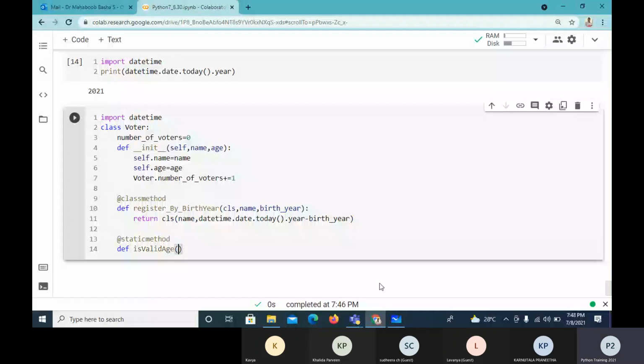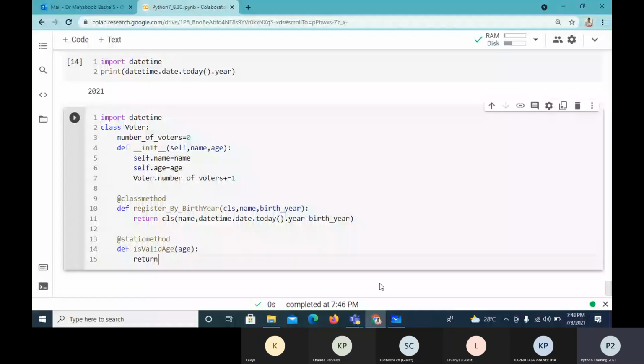Now I'll assume that in India the minimum valid age for a voter is 18. So I'll say greater than or equal to 18. If it is greater than or equal to 18, she is a valid voter, otherwise not. This is an additional facility, a utility created.